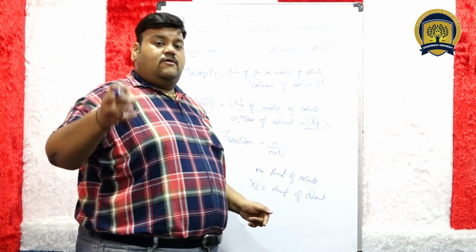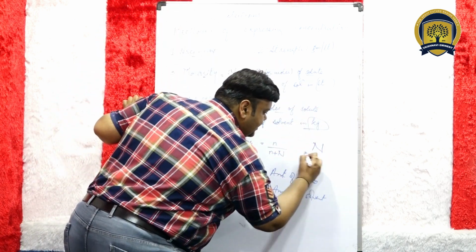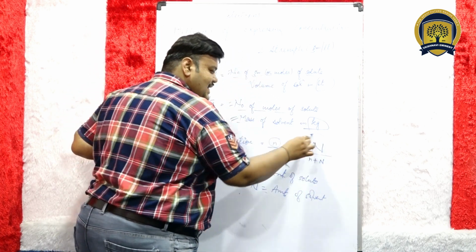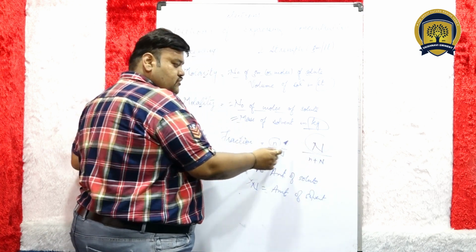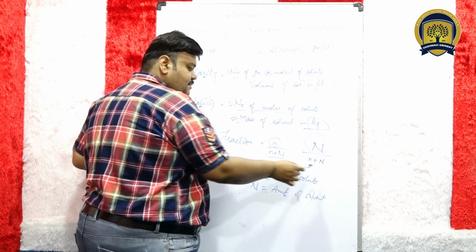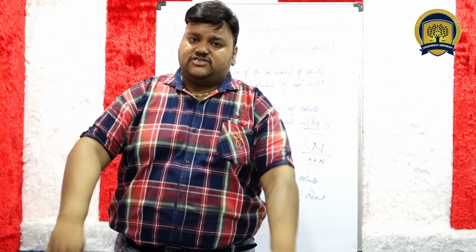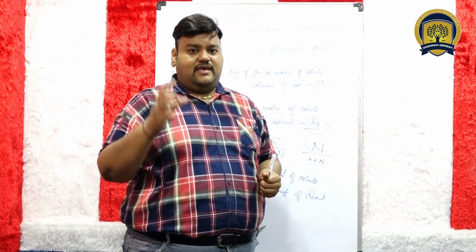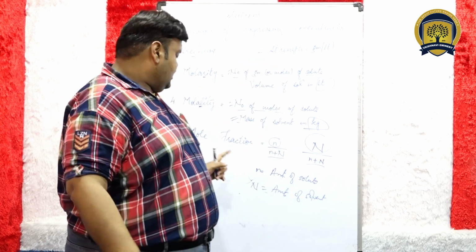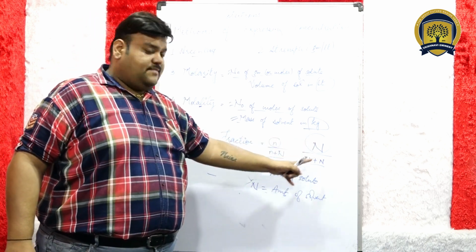But in case you want to know the amount of solvent in the entire solution, your formula will go as capital N upon n plus N. So small n and capital N are the number of moles of solute and solvent respectively, and you will be talking about this n plus N as the entire solution. So mole fraction talks about the fraction of solute and solvent in moles or in molar capacity. Have a look at this mole fraction formula: n upon n plus N and N upon n plus N.